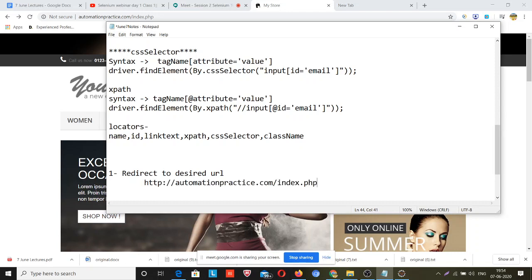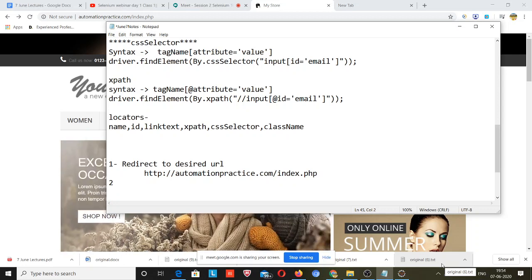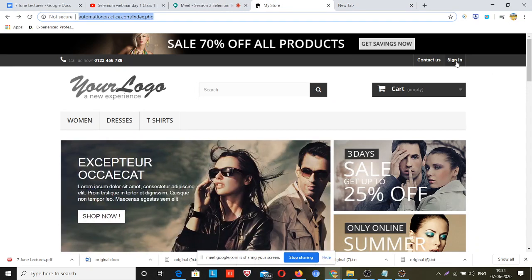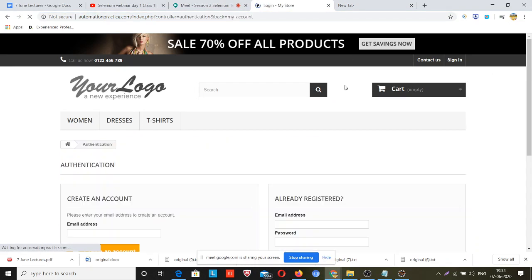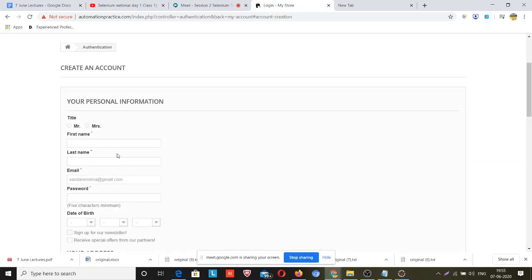Okay guys, the second step. I have tried one thing, guys. I tried to jump directly to that sign up form, but that was not possible even manually. Whatever you can't do manually, you cannot do from automation either.